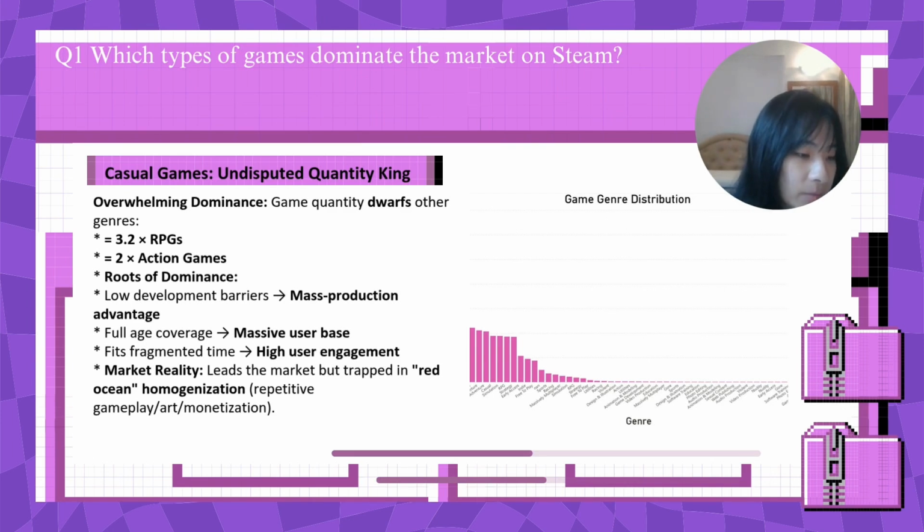In summary, casual games rule in volume but struggle with sameness. Adventure games face fierce competition. Action games enjoy loyalty yet battle high cost. Simulations grow steadily in niches. RPGs command devotion but demand immense resources. This multi-tiered ecosystem reflects both the industry's variety and the distinct challenges across genres.